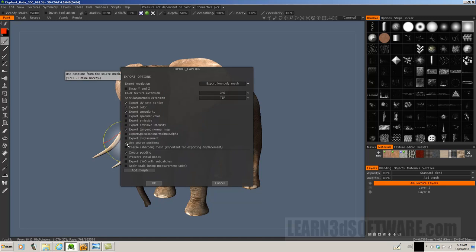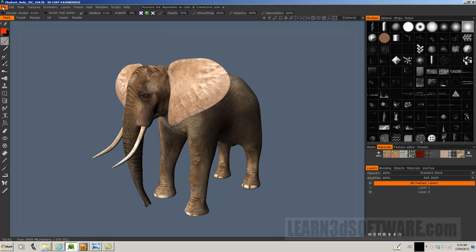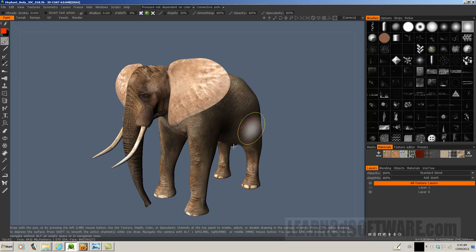And so this little check mark can either make your day wonderful, or the absence of it can mess your day up if you're using a sub-D object. If you are just exporting out a polygonal object, then you shouldn't really have to worry about this. You shouldn't have to select this. Okay, so let's close this out. Oh, and before I get to that,